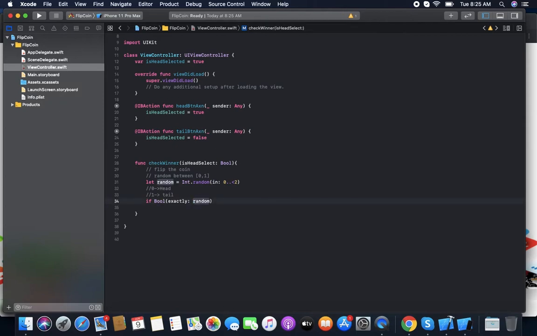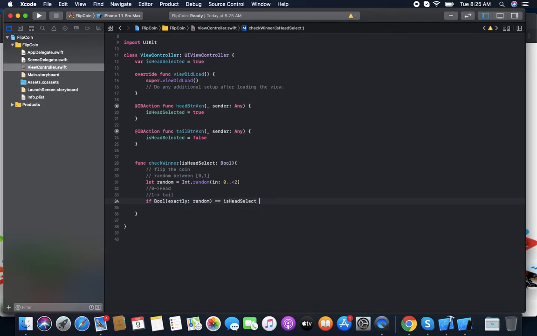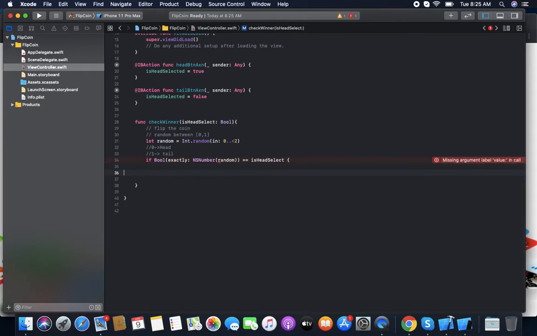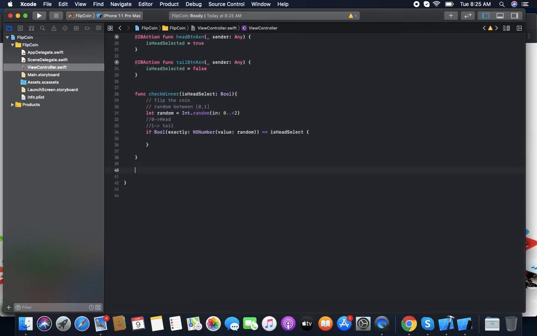So we convert it, and this Bool value equal to isHeadSelected. Then we show